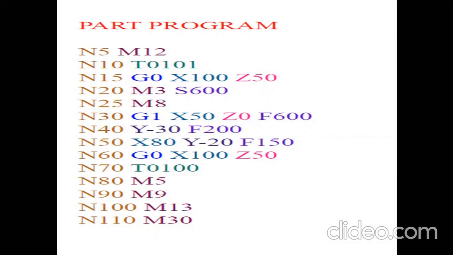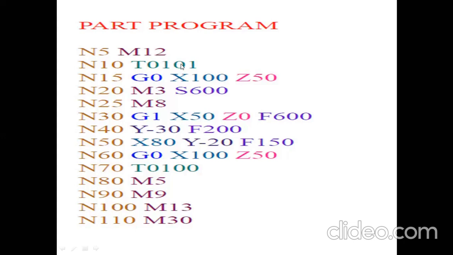T0101. Now we have to select the tool for the operation we have to carry out. If we have to carry out a turning operation, then we will select the turning tool. If we have to carry out a drilling operation, then we will select the drill tool. Numbers are given to the tools which are mounted over the tool post, so we need to select the tool from the tool post. Selecting the tool first to carry out the machining operation is represented by T, in the second line N10, T0101. This T stands for tool and 0101 is the code given to the turning tool.